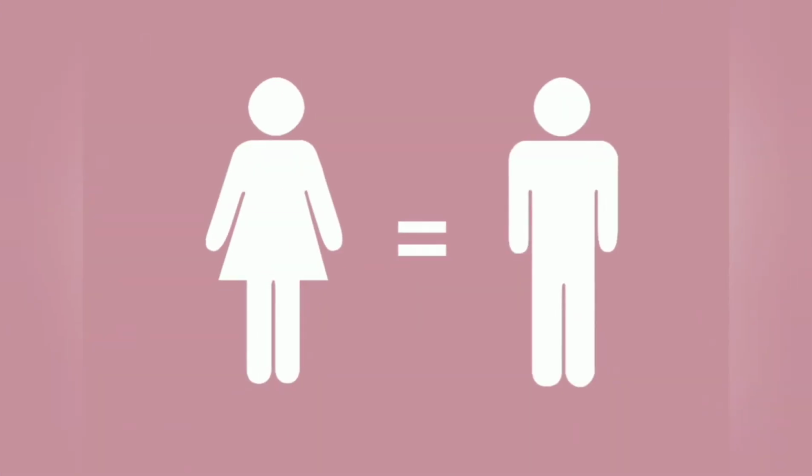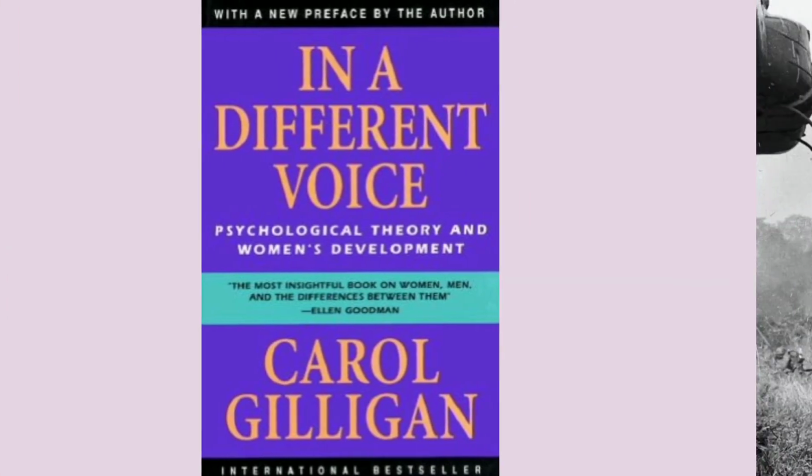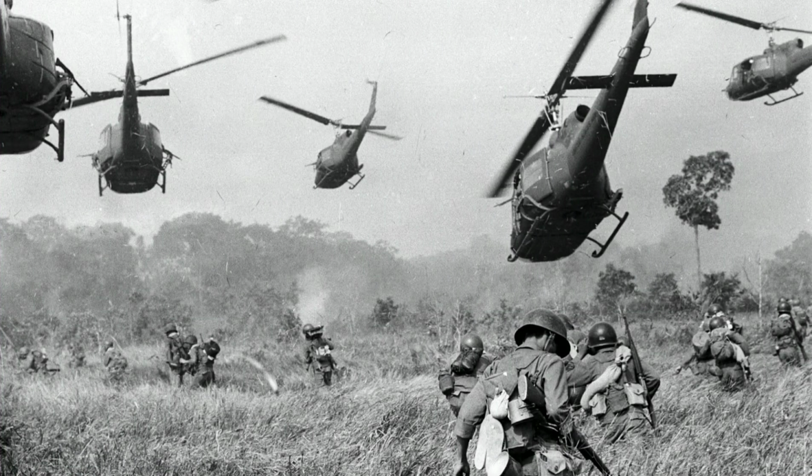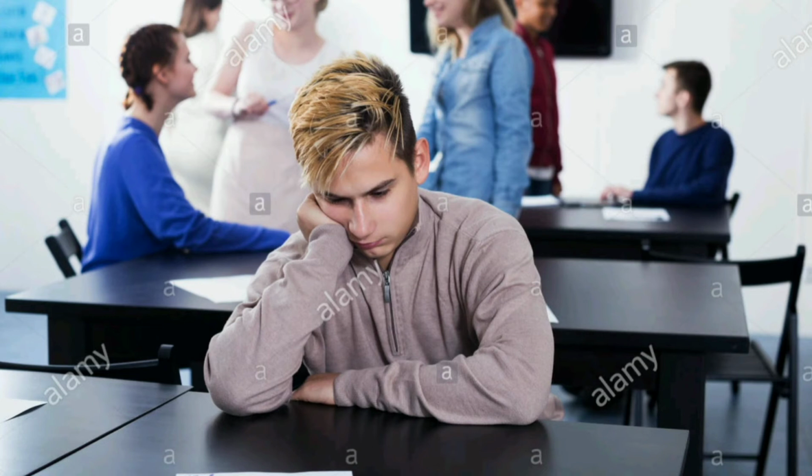In her book, In a Different Voice, she explores her experiences teaching philosophy during the time of the Vietnam War. She tried to talk about the war with her students, but the students didn't want to talk about it, especially the men. Gilligan realized that men were so hesitant to talk about it because